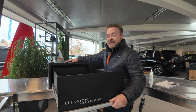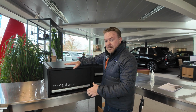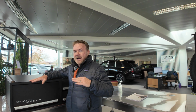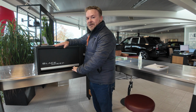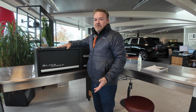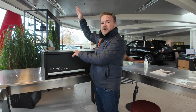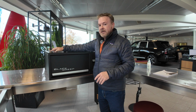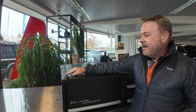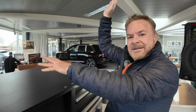So, this is obviously really deep, which is great. This is great storage. But notice the height. I'm not super tall, but this makes me look even smaller. But you get to your Grenadier and it sort of starts right about here. And then if you add this much depth, if you need serious storage, it's a good solution, but you better be a tall person because there will be storage placed above, and there's utility rails on top of this integrated in. But I'd be reaching